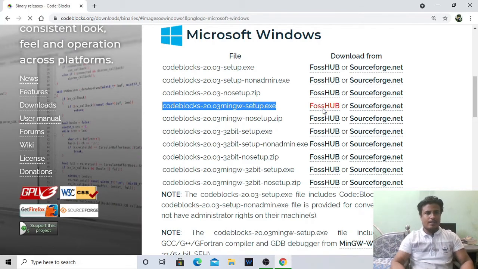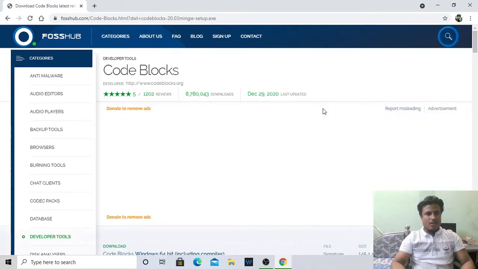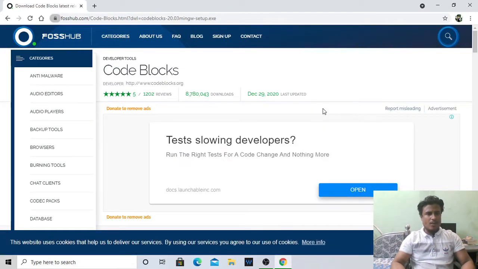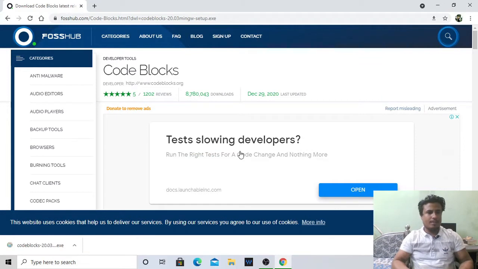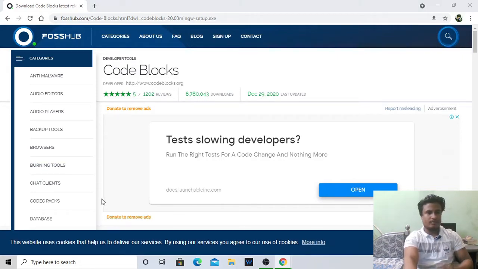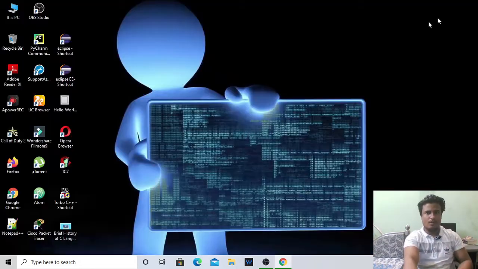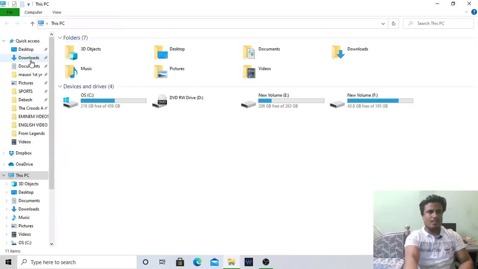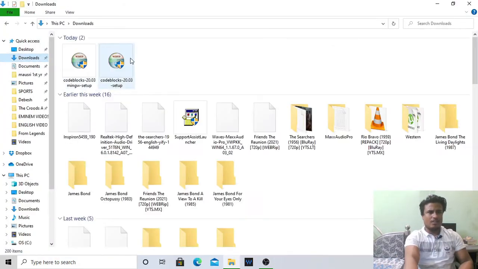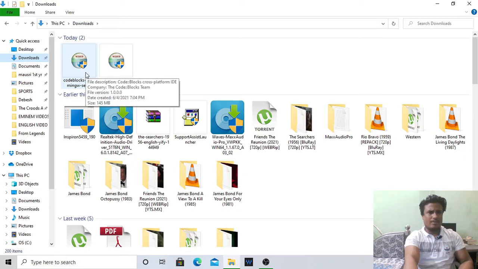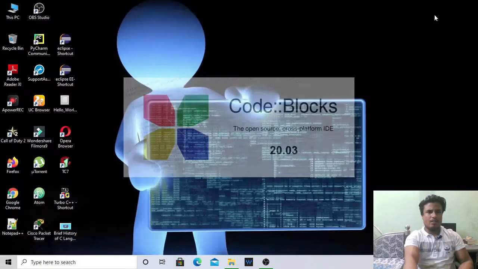First, it will redirect to your download page and your download will begin. I think the download is over. Let me click on it. So let's click on open. Now close the window, no need of this, don't worry. Let's go to the downloads. On the top of it you will see the setup. Now,